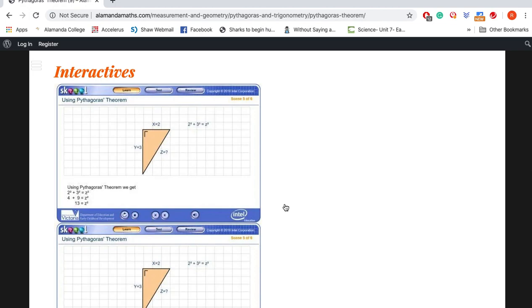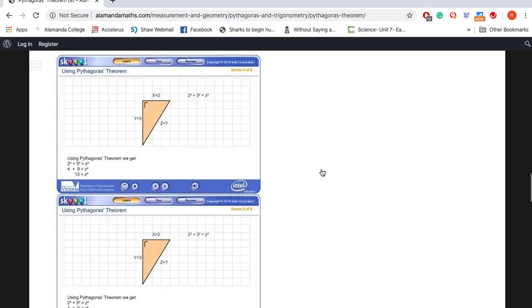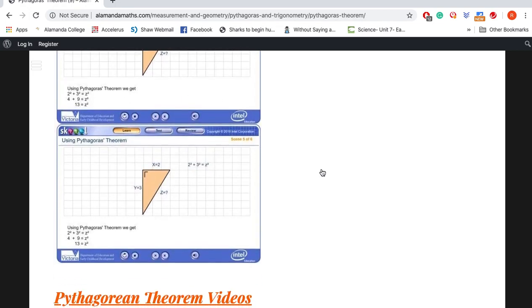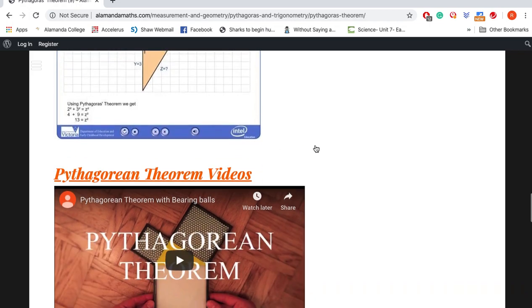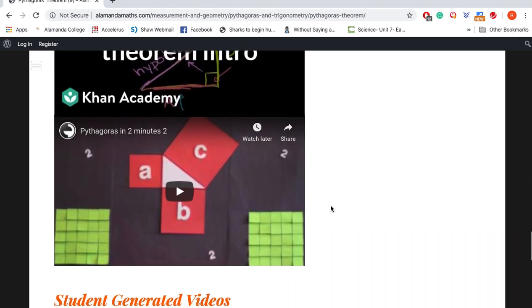Probably the higher end type materials has some interactives that the students can actually click and have a bit of a play around with, rather than just watching videos and doing textbook questions all day. So there are some games that are involved. And once again, it's got the best kind of YouTube videos that I've scoured throughout the years in terms of describing